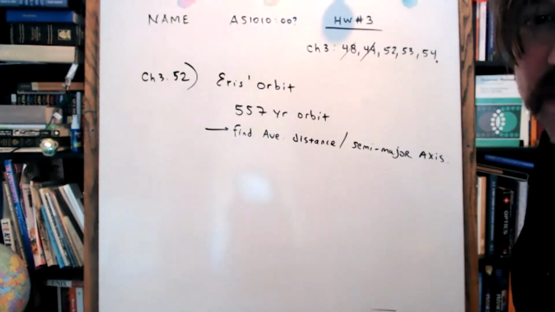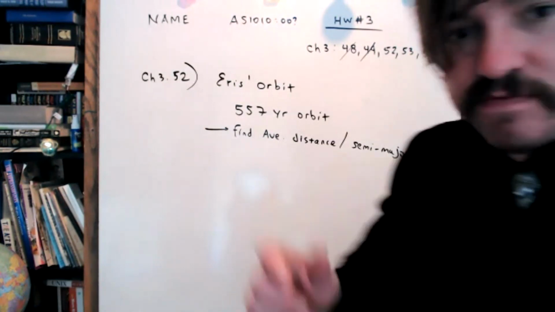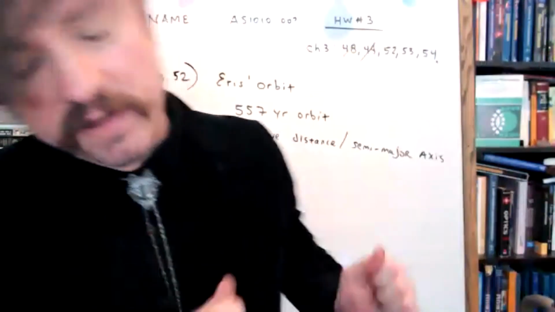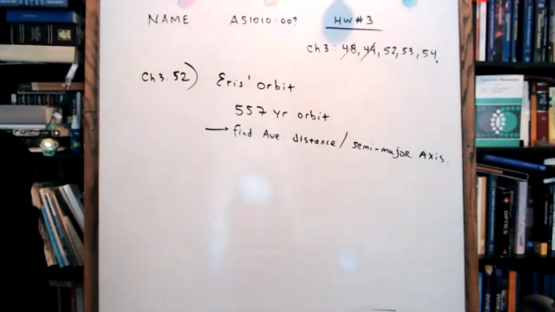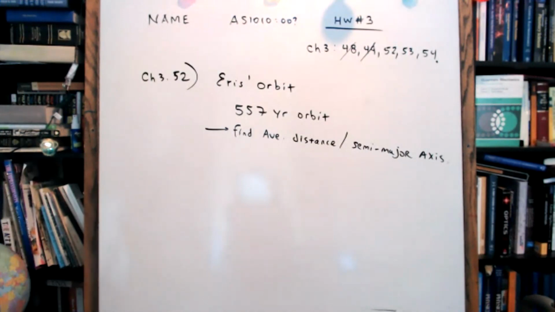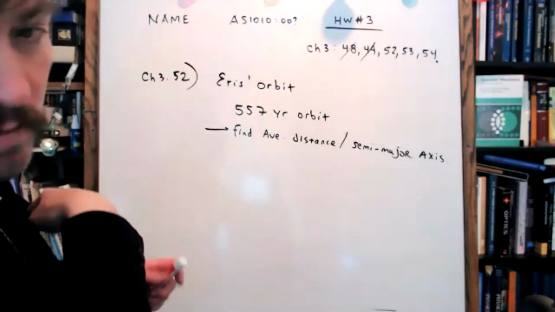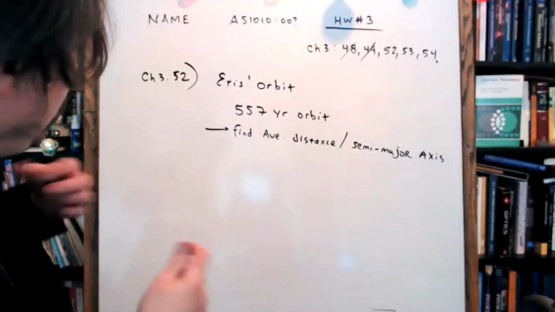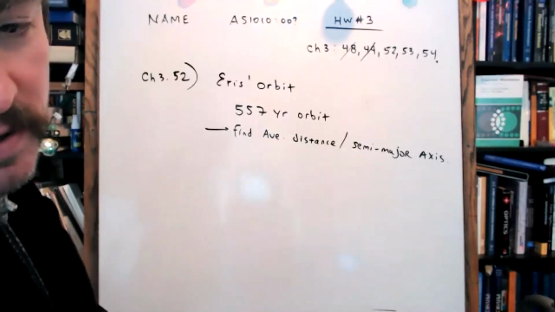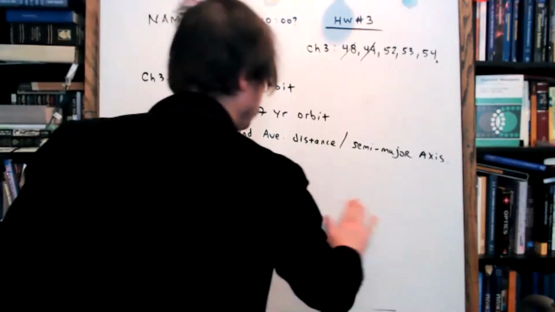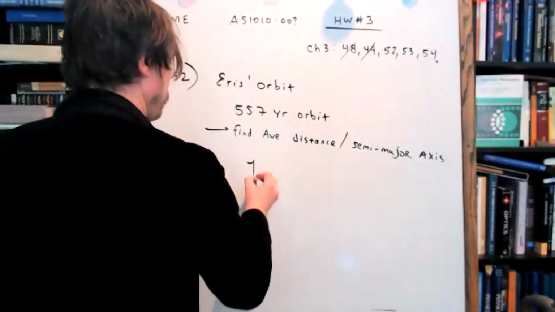Let's pretend this is a test question. You'll have a little formula sheet with all the formulas. You've got to pick the right one. What's the formula that we want here? You're going to need the harmonic formula. Booyah. And how does that go? Am I talking to Paul G there? Yep. Paul G, how's that go? P squared equals A cubed.